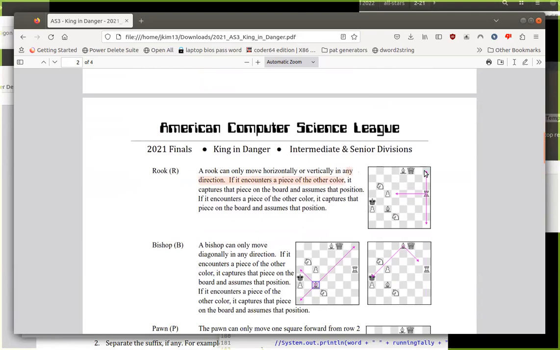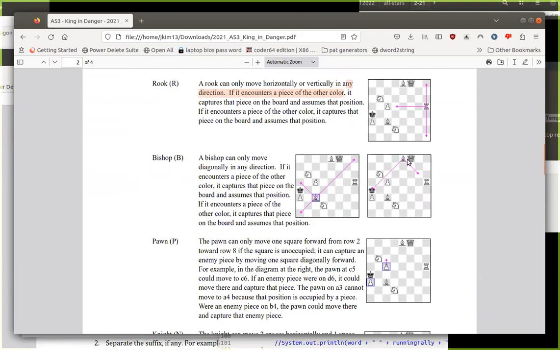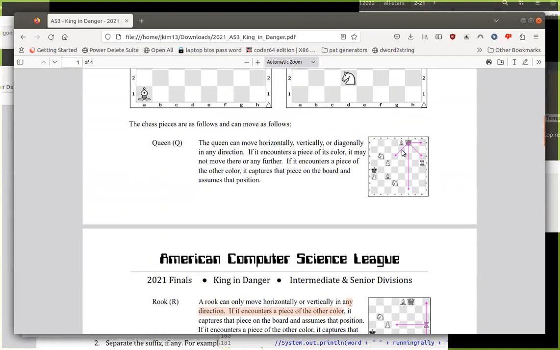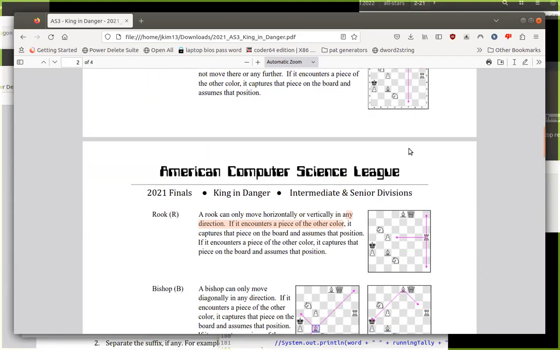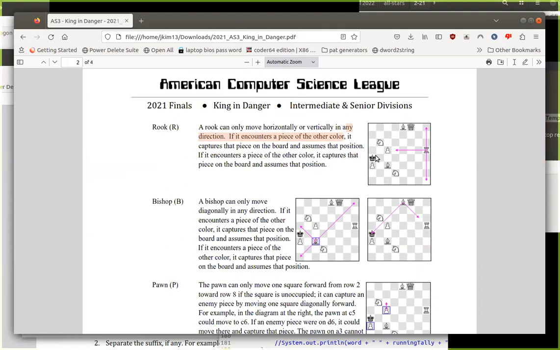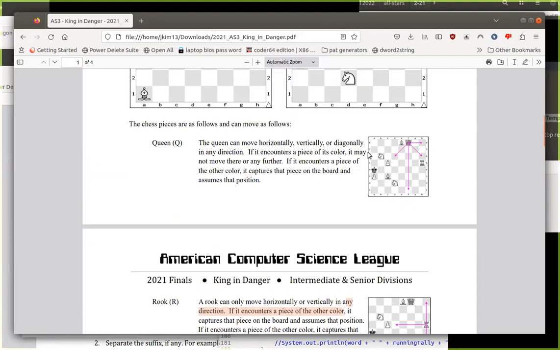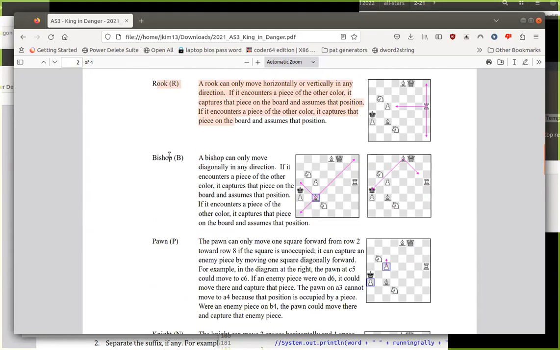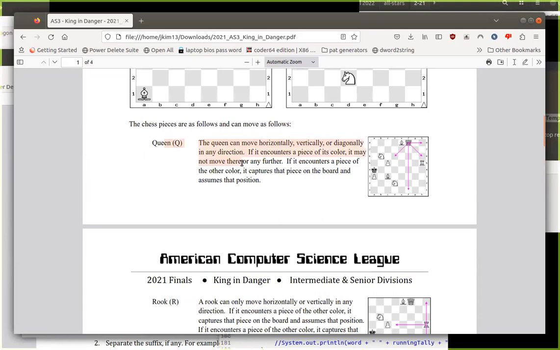A rook can move horizontally or vertically. A bishop can move diagonally. You can see that the queen is basically an overlap of the rook and the bishop. So you can simplify this program a little bit. You write one method for rook, one method for bishop, and when you deal with the queen, you deal with